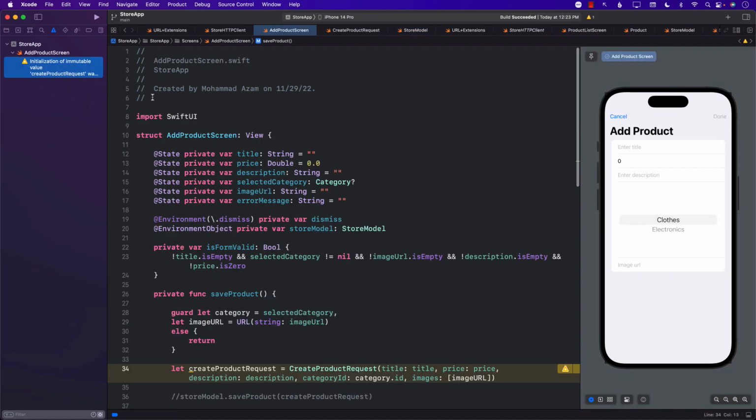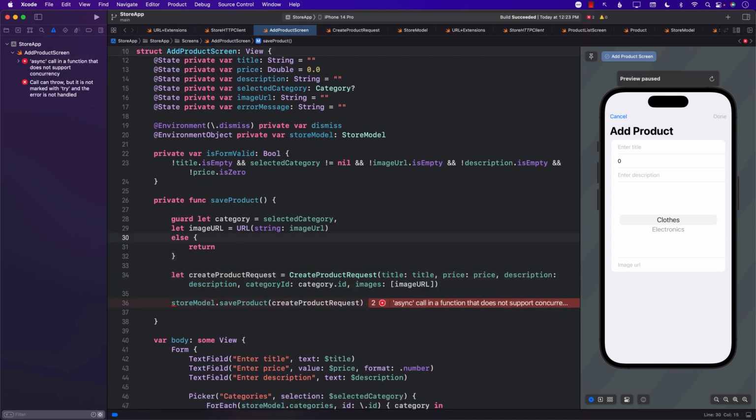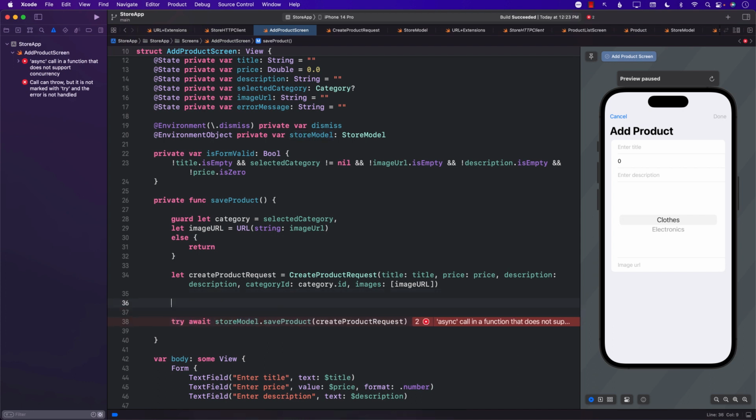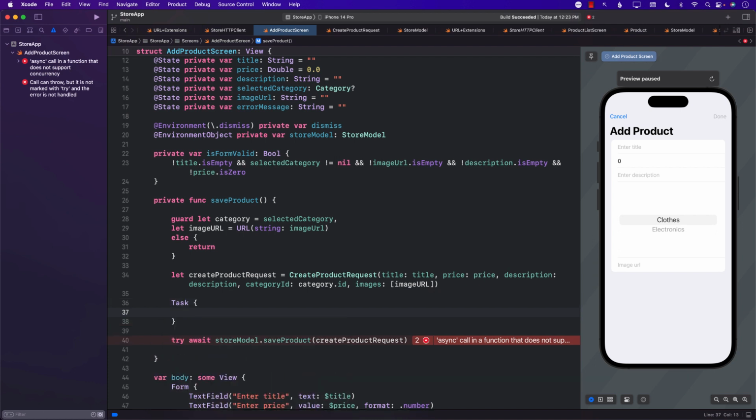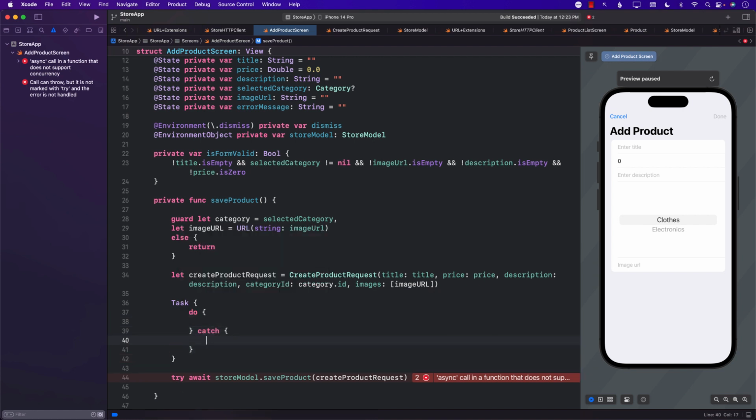Okay. Well, let's go back. And now we should hopefully be able to call that from our add product screen. So in our add product screen, we're trying to call the store model, but since that is an async function, we need to do a couple of different things over here. We need to make sure that we're calling it with task, and we are performing it inside over here